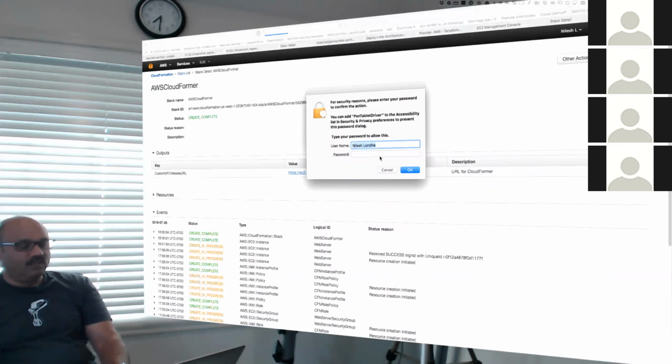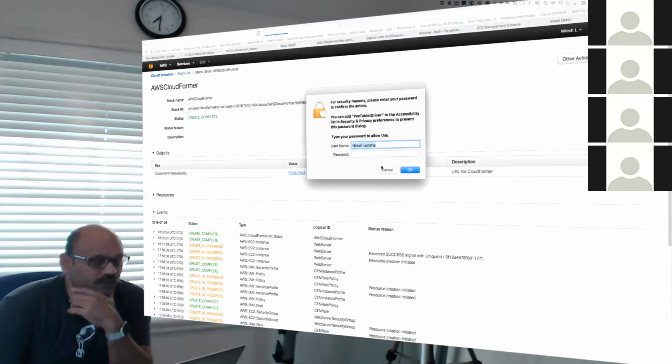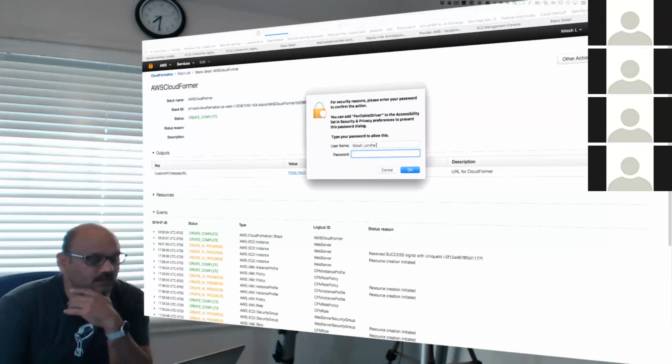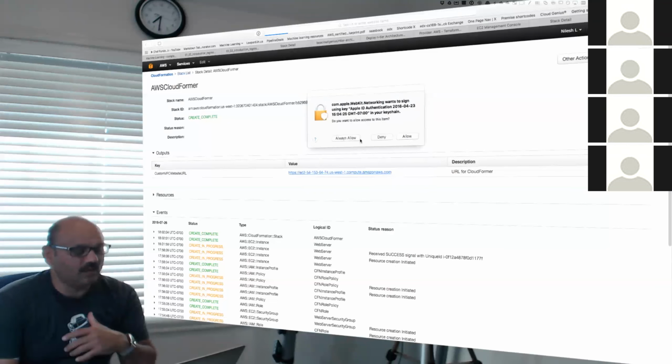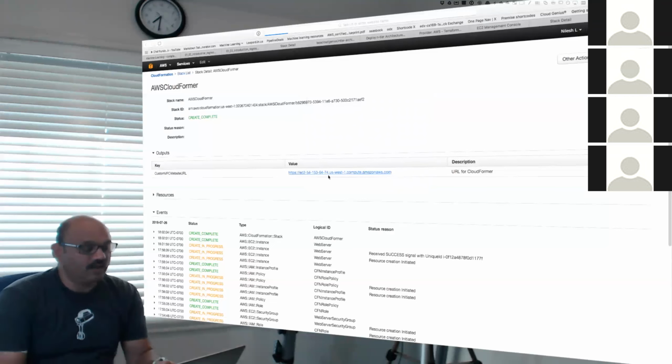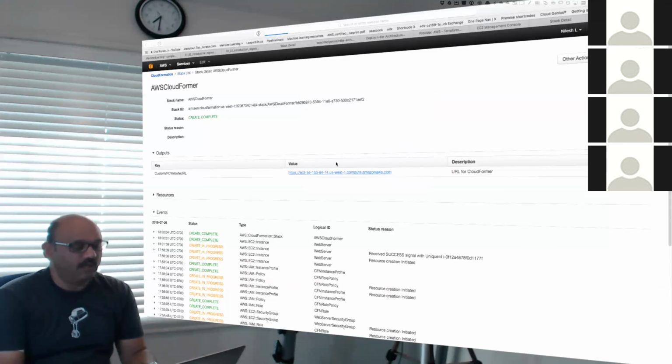Password? Something silly is here. I'm not going to say yes to it. No. Yeah, I will allow this. Something is wrong here. Let me try it again. So URL in CloudFormation.